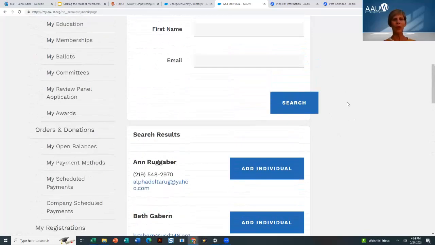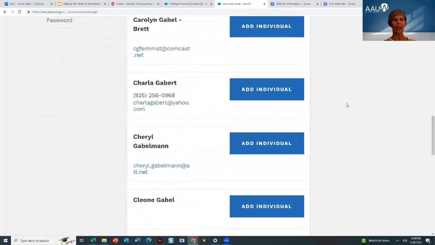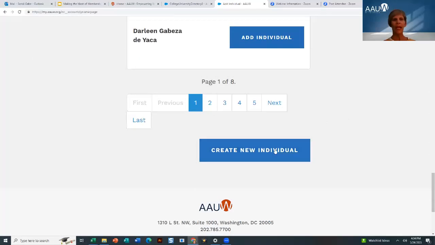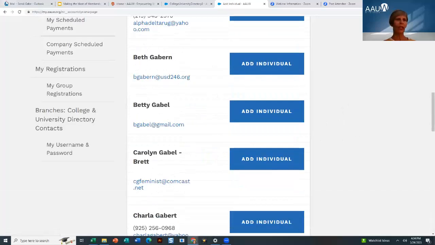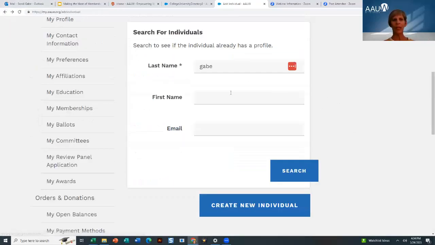But let's say I go through this whole list and I can't find me, then I can create a new individual. So either you find the person and add them that way, or you create a new individual. Now I'm going to go back and let's just pretend that we've done that because I don't want to mess up my branch. And let's go back one more. Once you have added them,